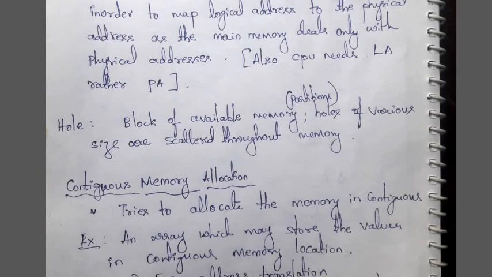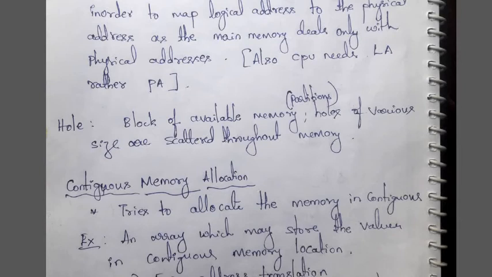Holes of various sizes are scattered throughout the memory. When you take processes out to the backing store or bring them back into the main memory, swapping in and swapping out, there will be n number of holes created in the memory snapshot. So remember what the hole represents. Now we will see the first major task, that is memory allocation. As I said, in memory allocation we have two types: one is contiguous memory allocation and the second is non-contiguous memory allocation.